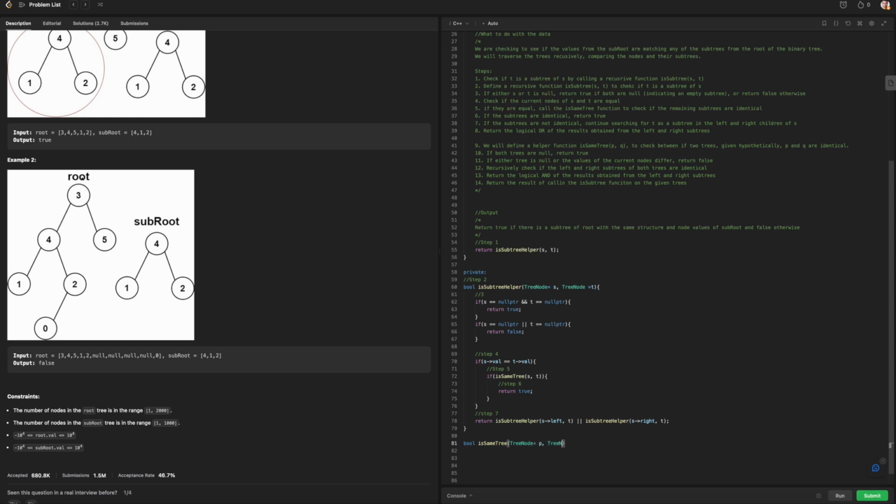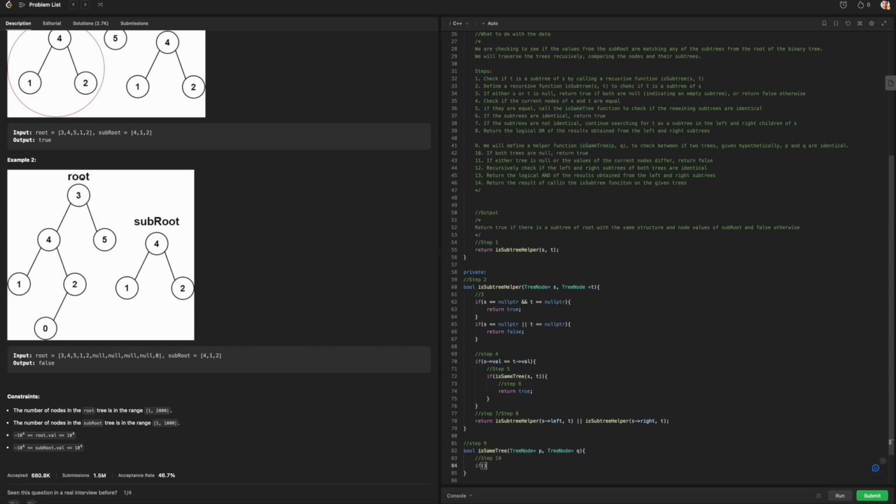P and then TreeNode Q. And then we'll be doing step 9 all the way through. This is step 7. Step 8. Step 9. Step 10